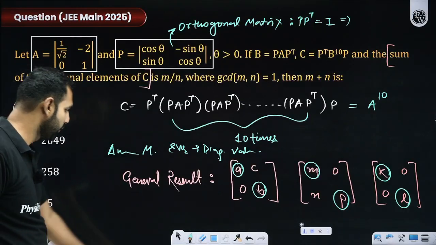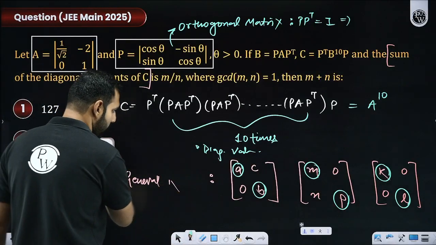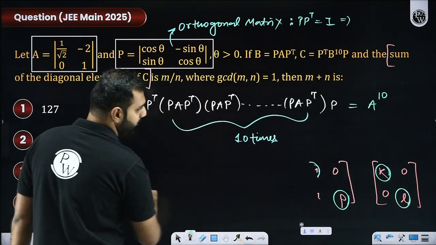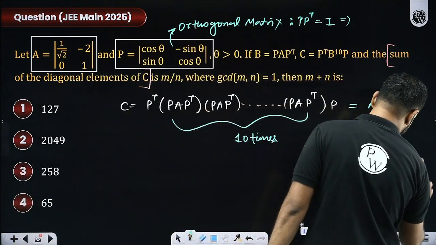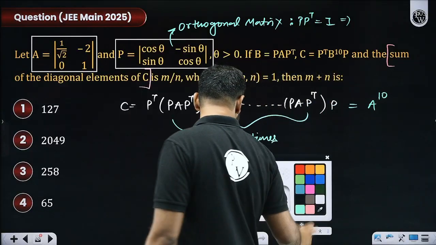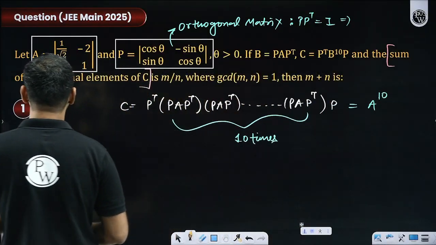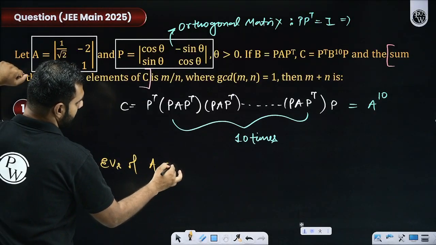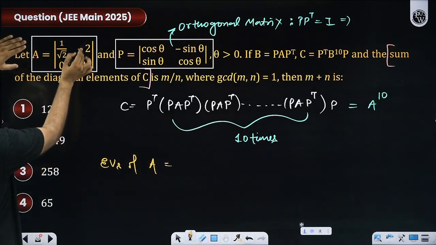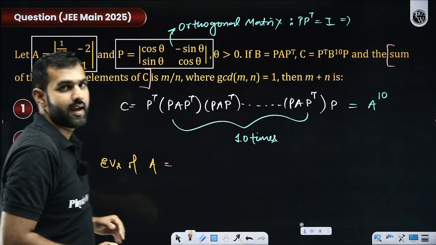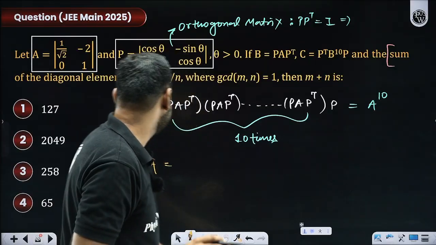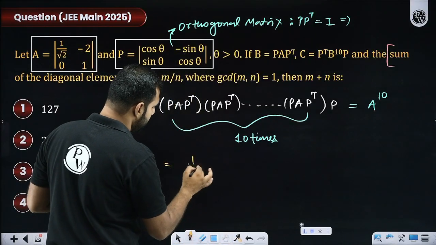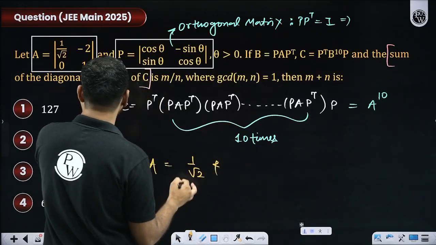Sir, what do you mean by that information here in this question? I hope most of you must have already realized why I am giving you that information here. Has anyone noticed that? If I ask you the eigenvalues of A, is it not an upper triangular matrix? And if it is an upper triangular matrix, eigenvalues of A are going to be 1 by root 2 and 1.